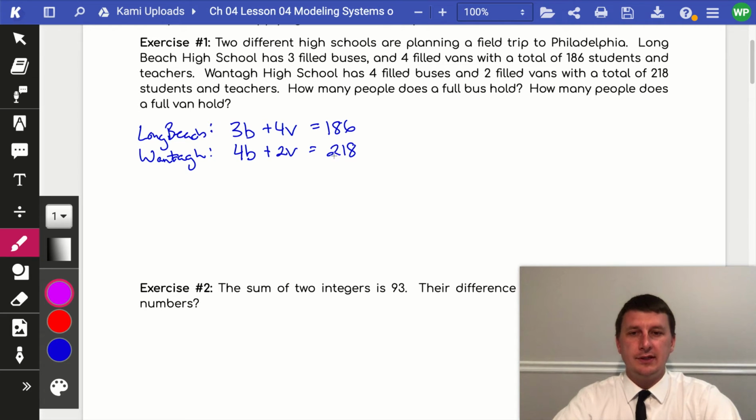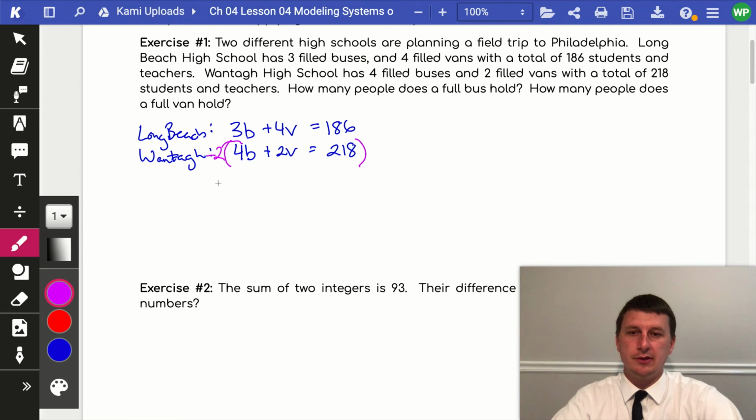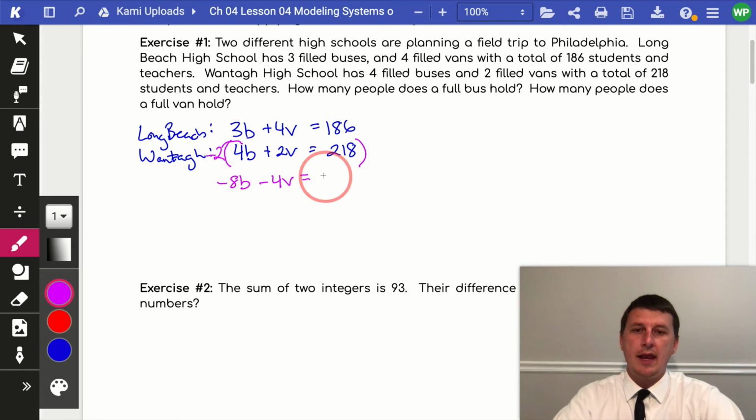And now that you've looked at these two equations, and if you needed a couple more seconds, you could pause the video. The bottom equation, we can multiply by -2. Because by multiplying that bottom equation by -2, that will give me a -4v, which is indeed the opposite of +4v. So let's distribute that -2 to all terms of this equation. So we have -8b minus 4v is equal to